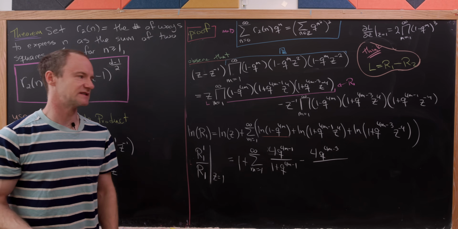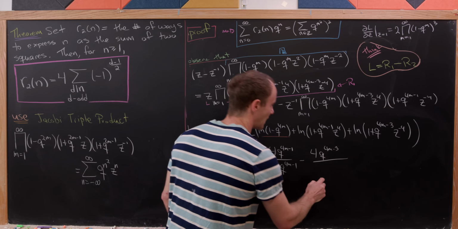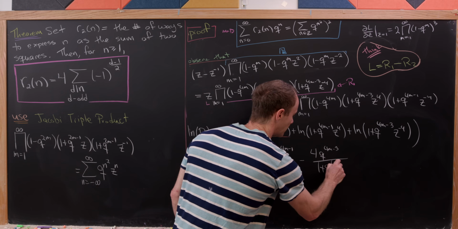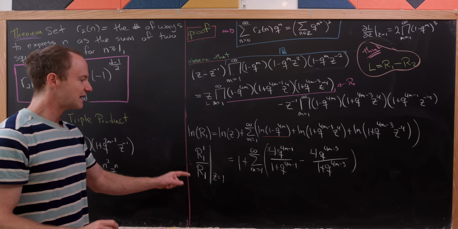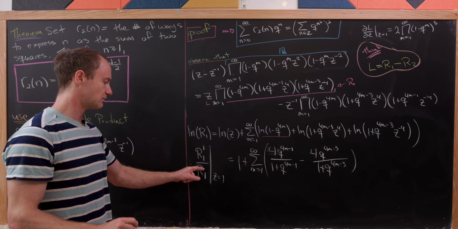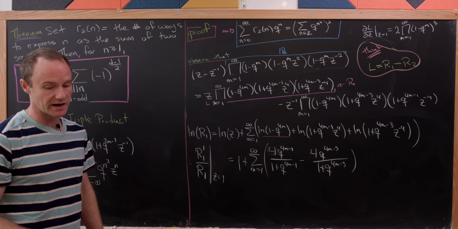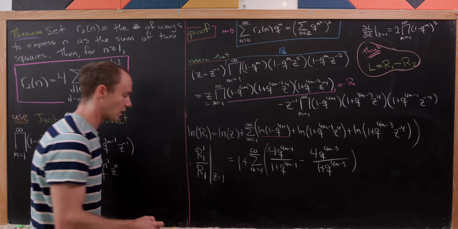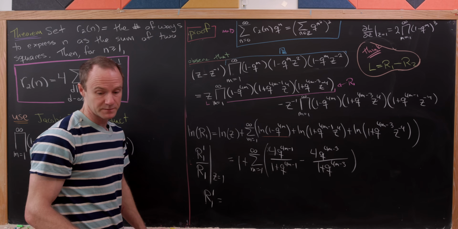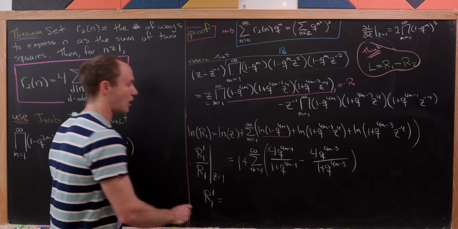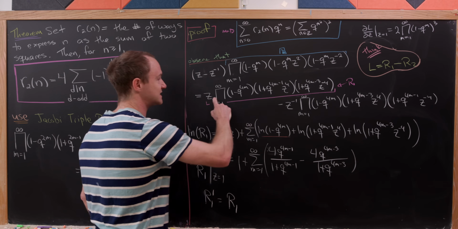But we're evaluating that as equal to 1, so that goes away. And then we'll have 1 plus q to the 4m minus 3 down here. But now what we can do is just multiply both sides by this r1, and we've got a formula for r1 prime. So let's notice that r1 prime is going to be equal to r1, which is this big product